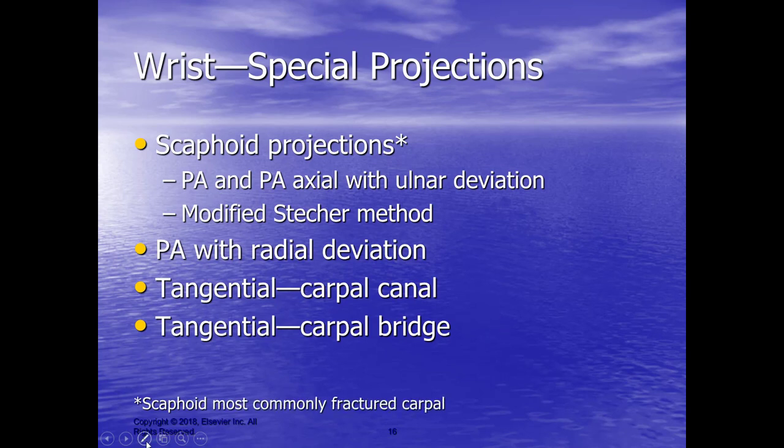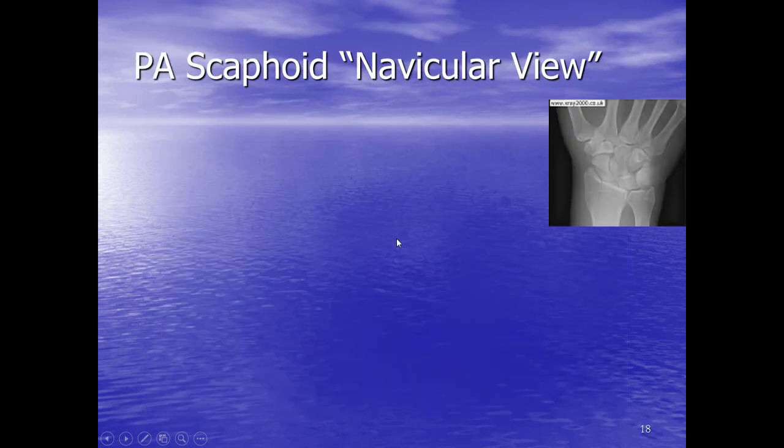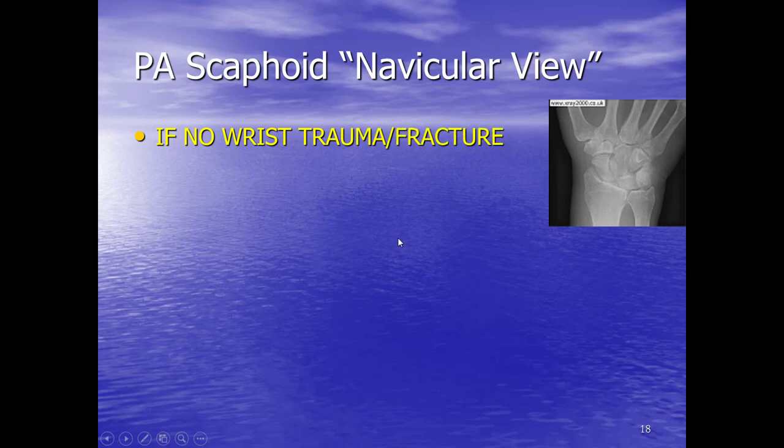Keep in mind that your scaphoid, which is also called the navicular bone, is the most commonly fractured carpal. So anytime they're suspecting that there's a fracture of your scaphoid, they're going to do that ulnar deviation view. So in here, you're going to use your central ray 10 to 15 degrees. You're going to aim that cephalic so it's going towards the patient's head. The patient's going to pronate their hand on the table, and they're going to flex that wrist out towards the pisiform. If there's a trauma, then you don't want to do this view,